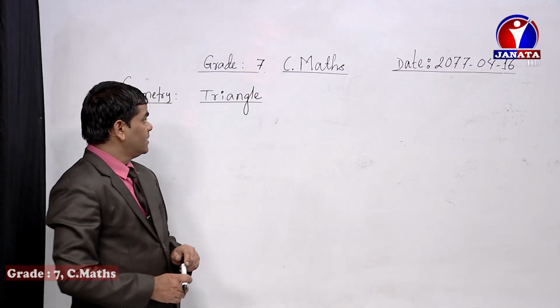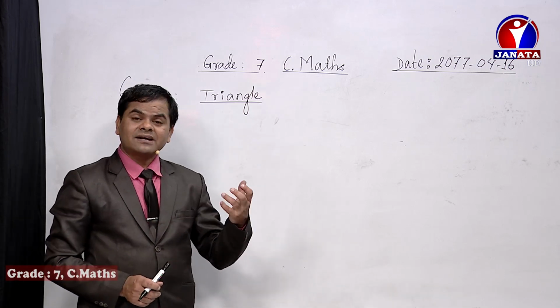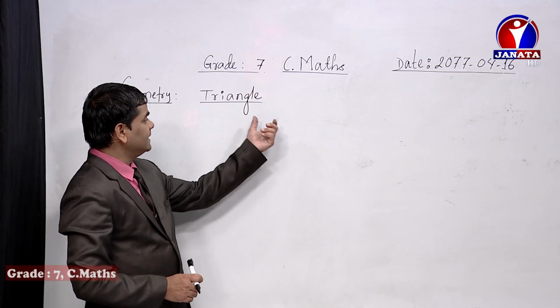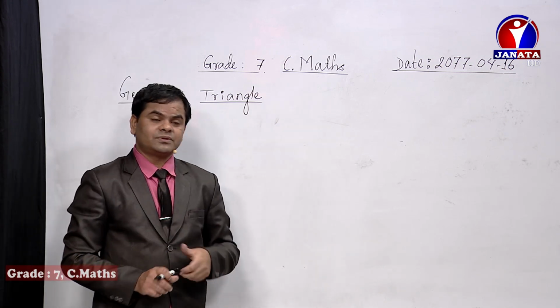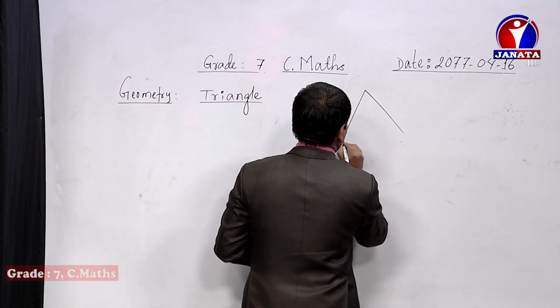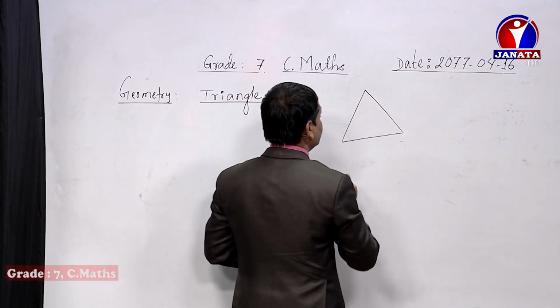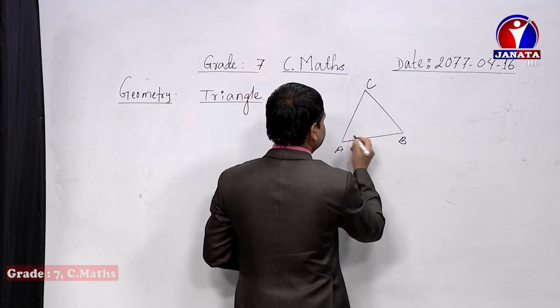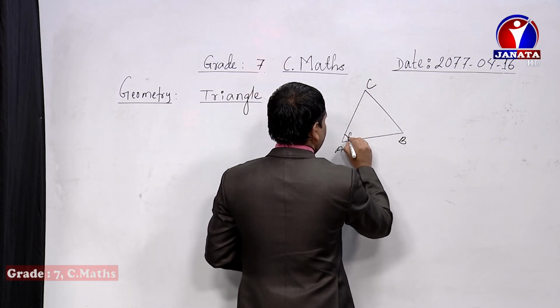What we had learned is the sum of the angles of the triangle, whether the triangle is bigger or smaller, tiny or huge, its angle sum becomes 180 degrees when these angles are